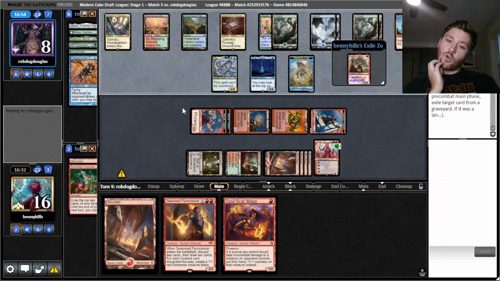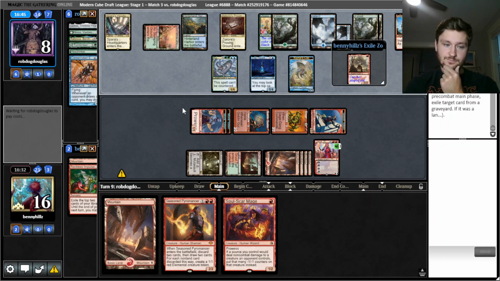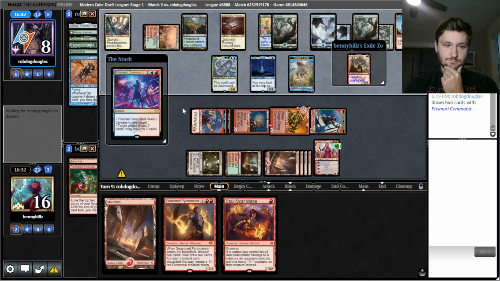If they swing their Coma at Jaya, then that's fewer blockers. I think we can beat the board pretty easily. The question is just how much more can they add to it. Prismari Command to loot and deal 2 damage to...